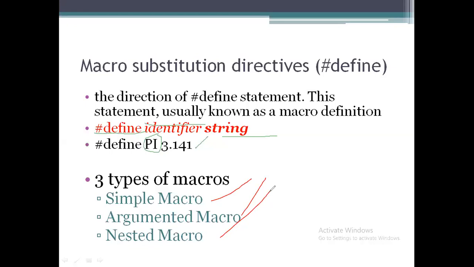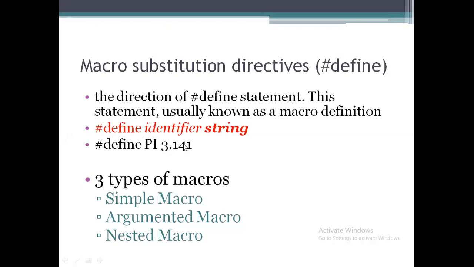What is macro substitution? How can we define macros? Only with the help of hash define we make a macro, as well as substitute that macro in the rest of the program. Like that, you can define some macros and substitute their meaning later in the program.